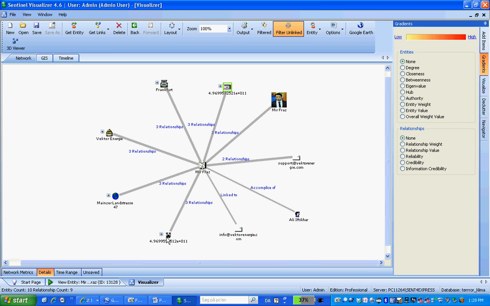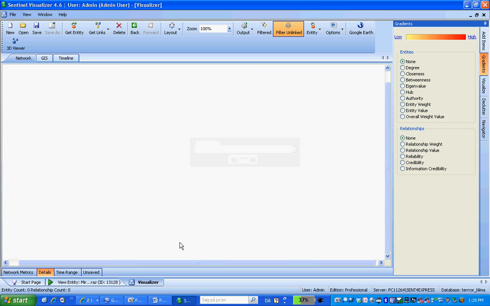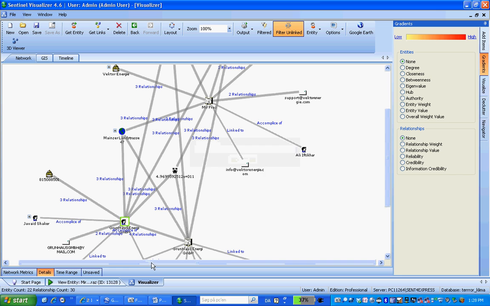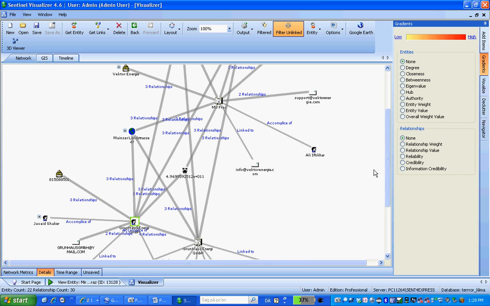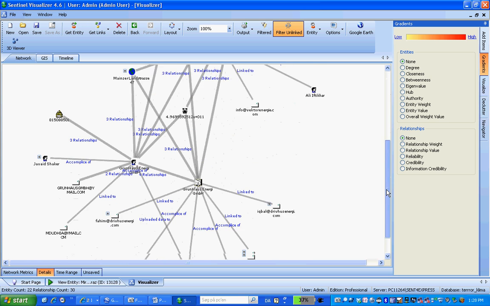The numbers are truncated, but I have the correct numbers in my database. It was an error on my behalf, and I never got to correct it. But as you can see, this phone number is linked to 2 other accounts or nodes in my database. We have Greenhouse Energy, and we have this, yes, as you can see here. Up here we have Vector Energy. There's also a little X mark. I'll return to that later.